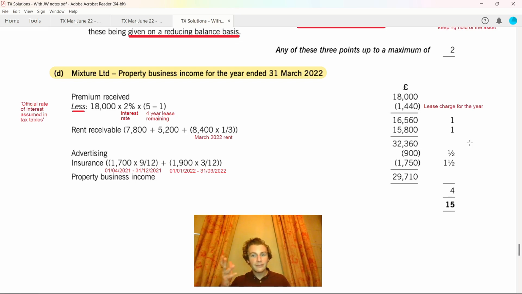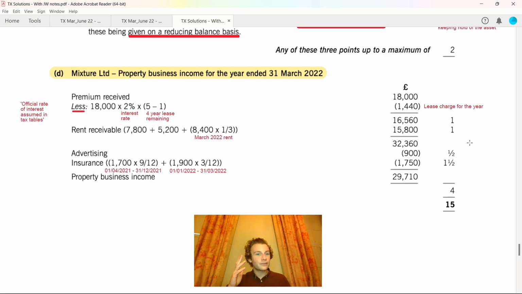And just pull out the figures that we're actually going through within the question, and then we apportion it so that we come to a final figure of property business income for the period. So straight away we've got the 18,000, bit harsh that we didn't get a half mark for that, but as you can see there, we've got the premium received for the 18,000. Then we have to take into account that lease life, that remember it was for 5 years, whereas we've only got 1 year, so hence we're going to take off that one that we've got the 4 years on there,